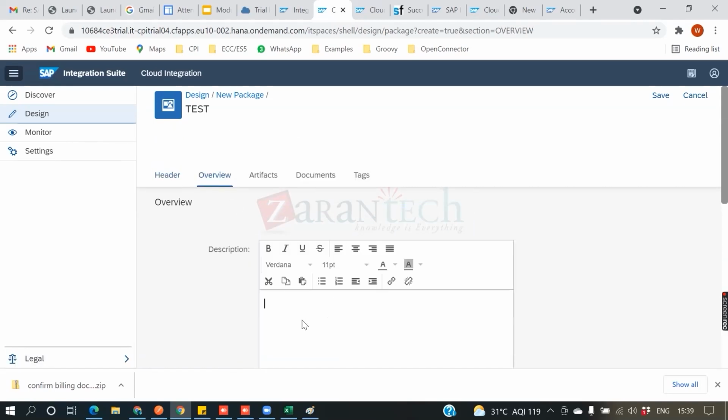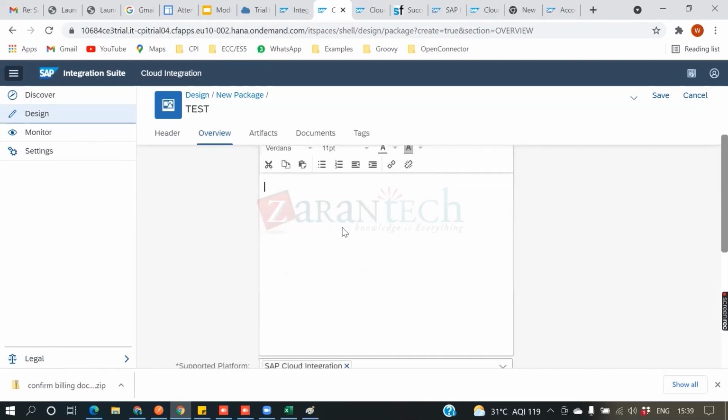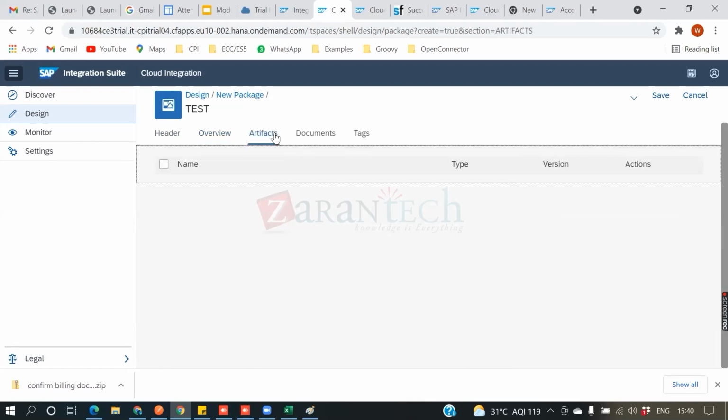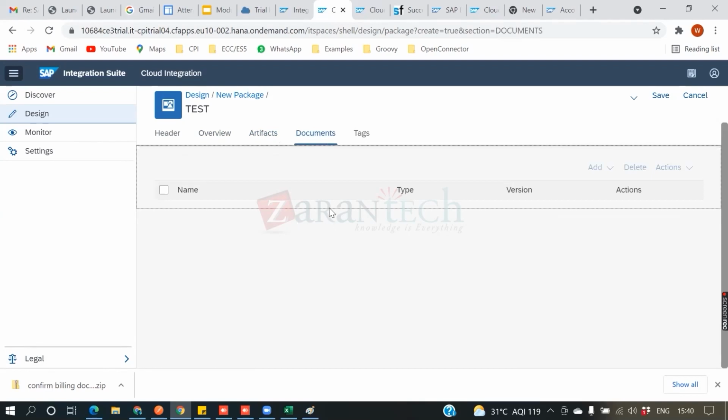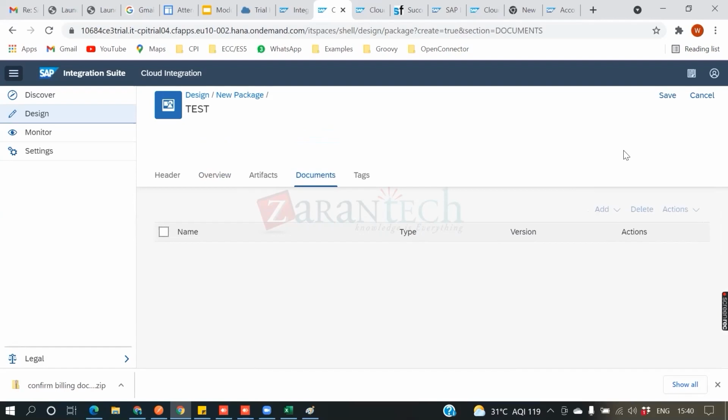Then if you want to give any description, or if you want to create any content here, then you can give the URLs or supported documents, everything you can give here. Now this is the main place where you create your integration flow. Now we'll go to this, but before that we'll see the document. Now if you want to add any documents, you just